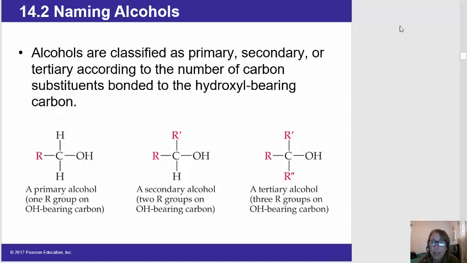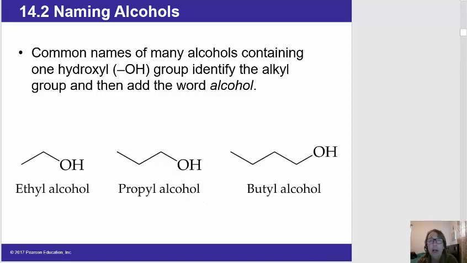So let's look at some examples of primary alcohols. So here are some line structures of primary alcohols. Notice that the hydroxyl group is always going to be bonded to the one position, the first carbon of the chain. So in ethyl alcohol, this one carbon is bonded to the hydroxyl group, it's bonded to a methyl group, and then it has two hydrogens, which we can't expressly see because these are line structures, but we